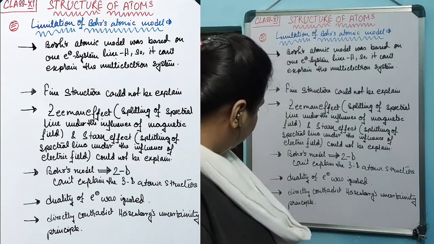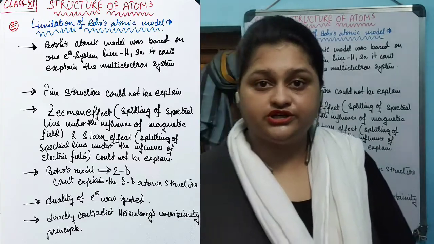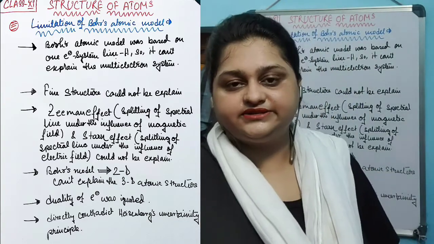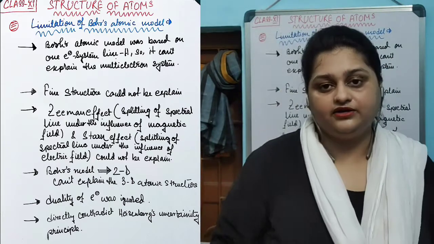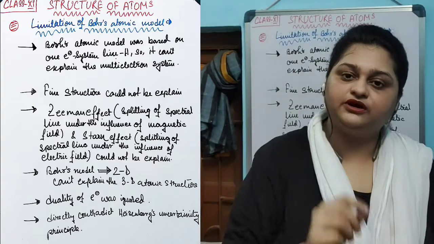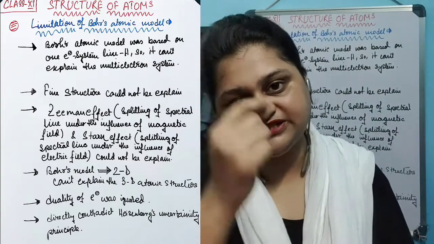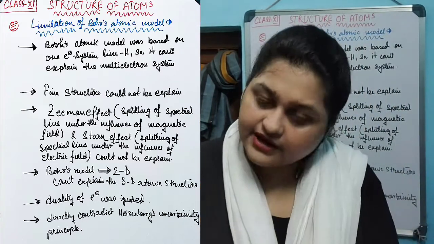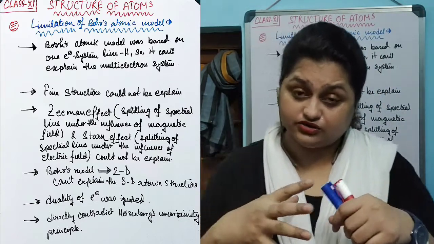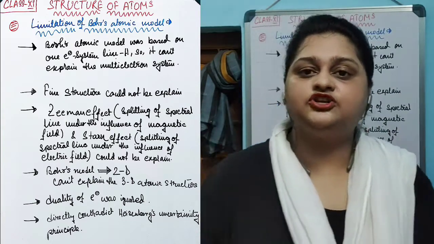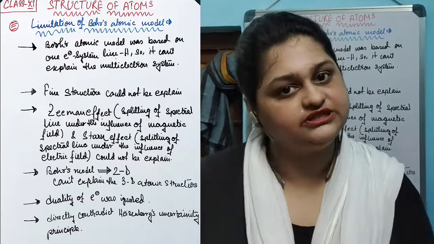Now, the next limitation is that the entire Bohr model was two-dimensional. That is, a nucleus is there, and after a certain distance you get orbits, and electrons are permitted to revolve around the nucleus on these specific orbits only. This entire thing is two-dimensional in nature, but we know now that the atom is three-dimensional in nature. So this three-dimensional atomic structure was not included in Bohr's two-dimensional structure.